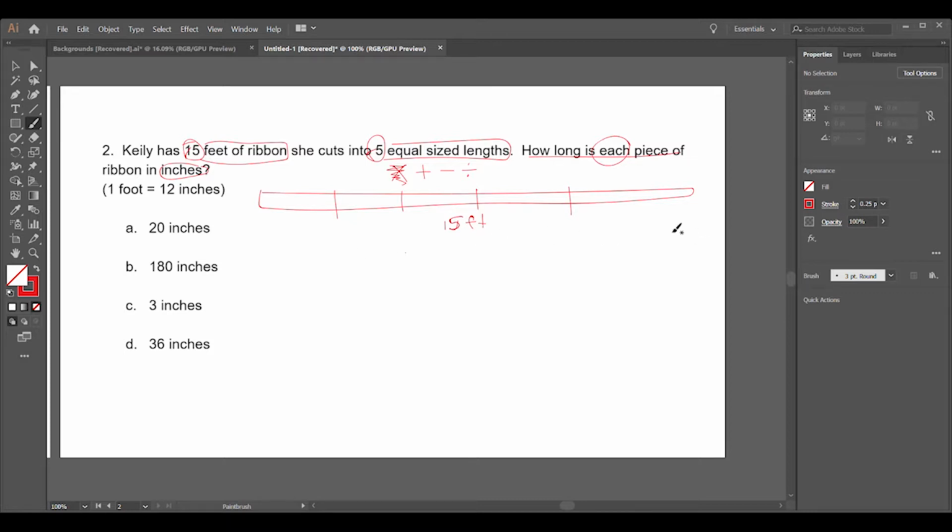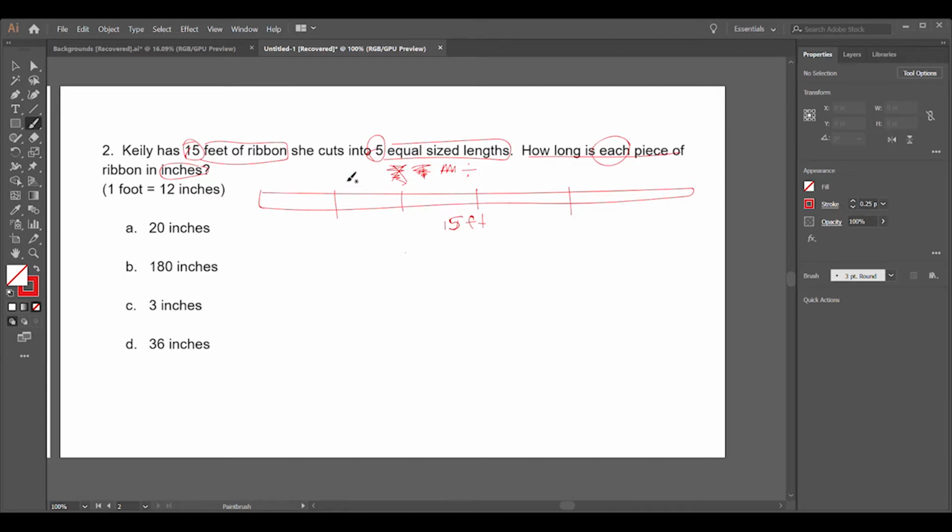I am not adding any more pieces, so that should tell me that it's not addition. I'm not using any of these pieces or taking them or giving them away, so it is not a case of subtraction. So I'm left with division,